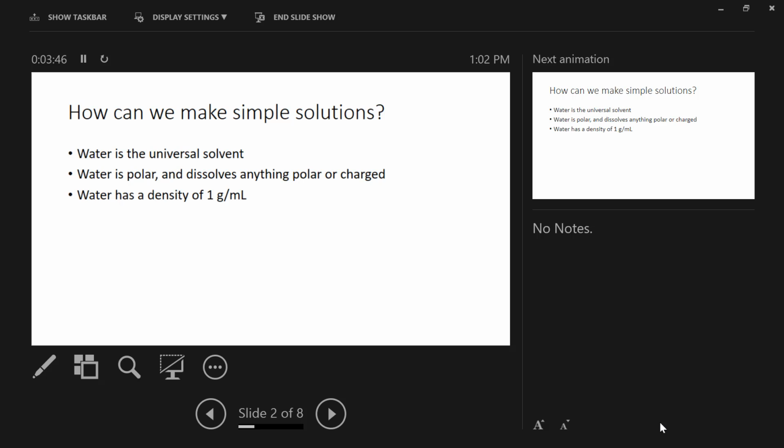Come on in. Another thing you need to know about water is that water has a density of 1 gram per milliliter. We've talked about density quite a bit already. Density is the amount of mass in an object divided by the amount of space that object requires. What's the significance of this being 1 gram per milliliter? When you think of what that actually means, what that enables us to do,